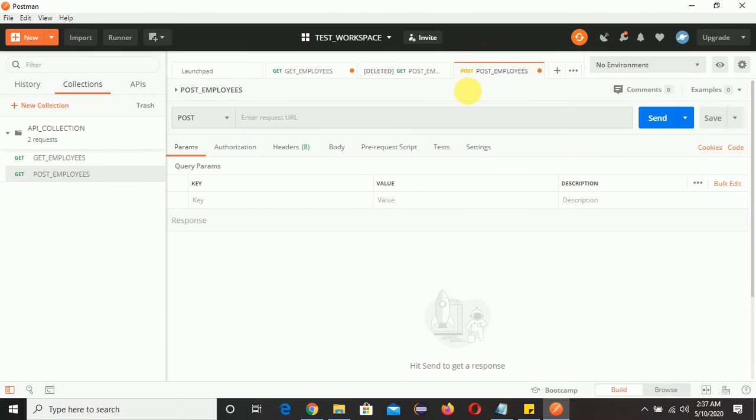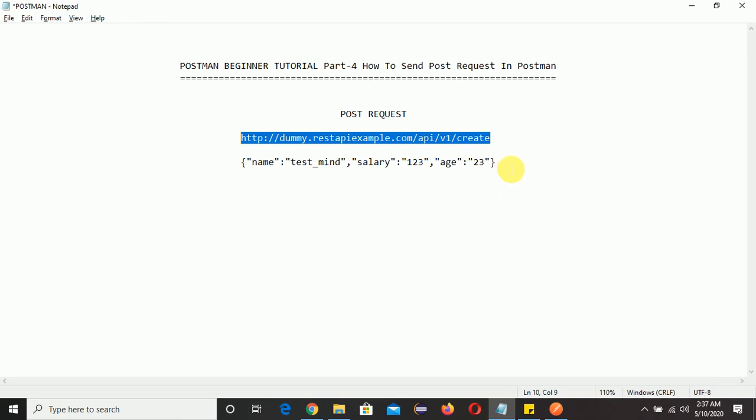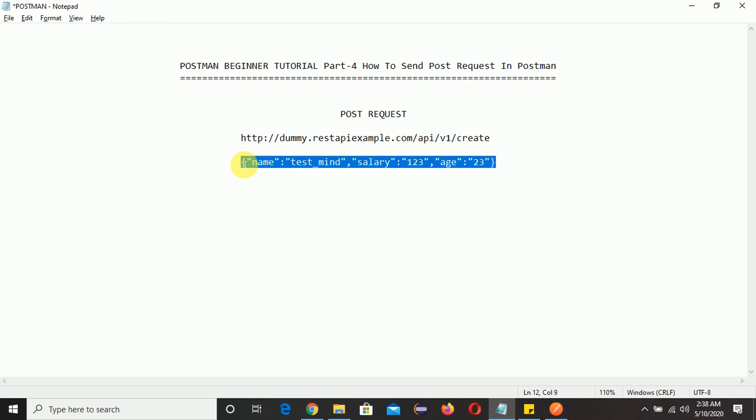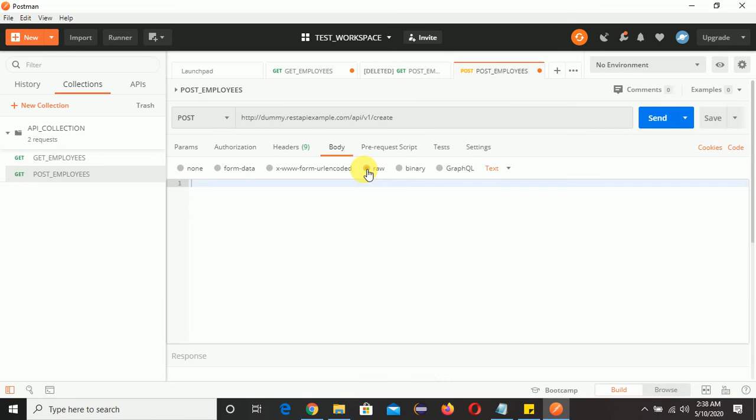go to Postman, paste it here, and we need to pass the body, right, since we are using Postman. So click on Body and go to notepad. I will copy the body, and we'll go to Postman again and click on raw. You can select anything here, but I'm using raw, so that's why I have selected it here, and paste it with Control V. I will change the name here. I will give my name, Rahul.